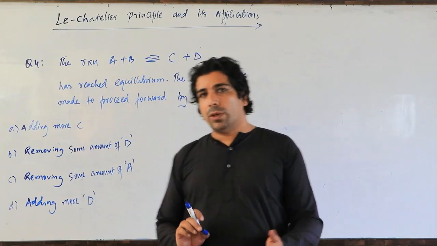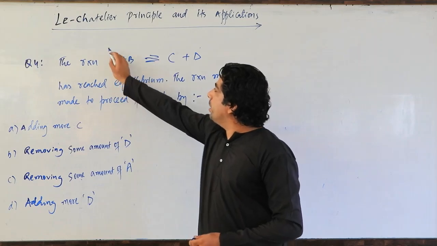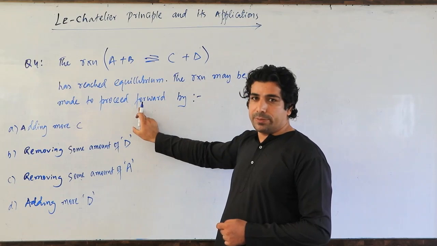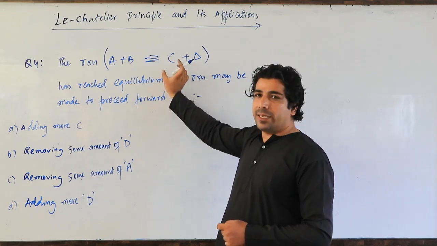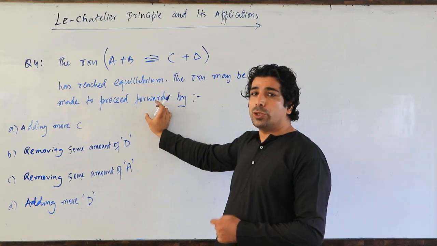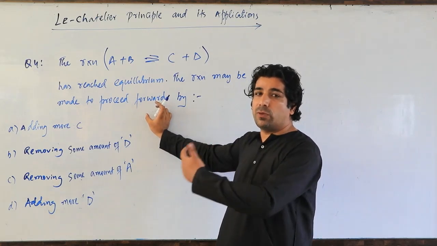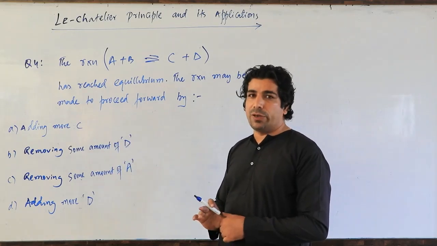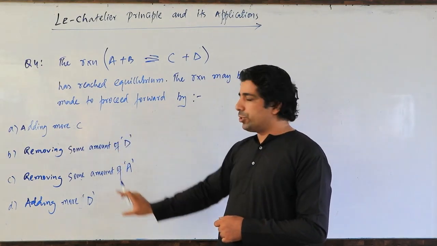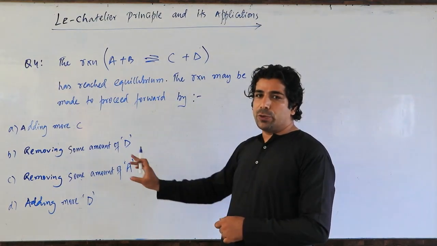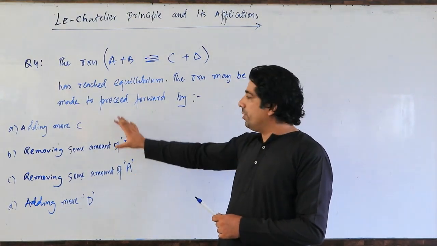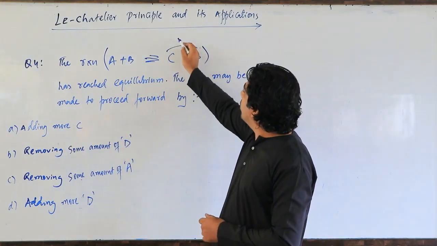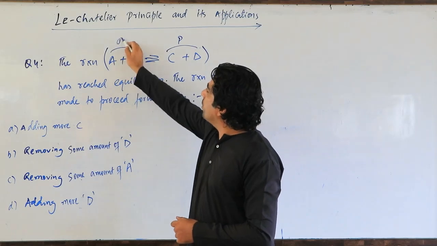Dear friends, now I want this reaction A plus B gives me C plus D, okay, to move in a forward direction. So this reaction is at equilibrium, but I want it to shift in a forward direction. Means I want the forward reaction to take place. So the conditions are given to me in terms of concentration now. Based on these conditions, I have to tell which one will favor the forward reaction. Which condition will favor the forward reaction? You know that these C and D are your products and A and B are your reactants.